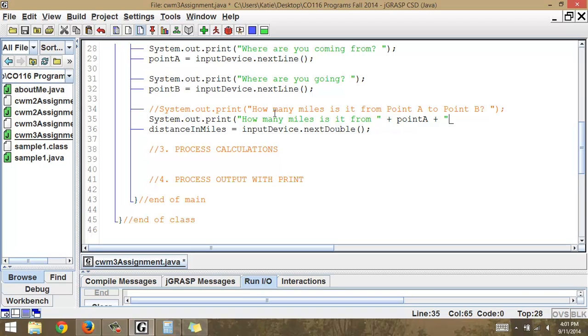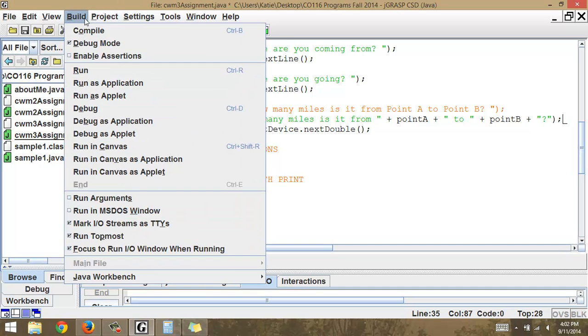How many miles is it from, so it'll say GRCC or my house, to space plus point B, and then I have a plus, and then I want to ask my question. Let me run this and show you